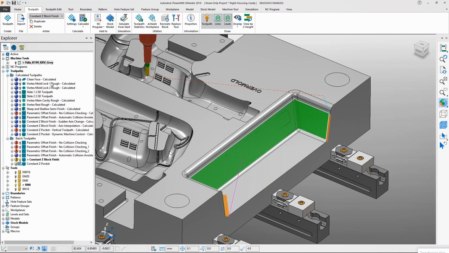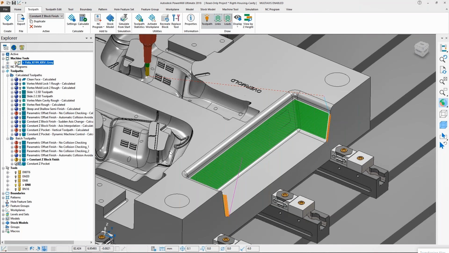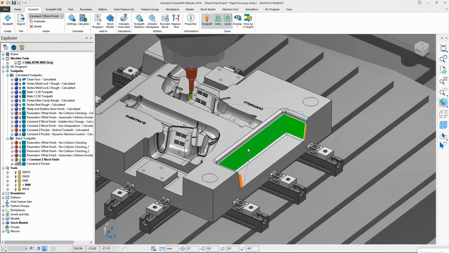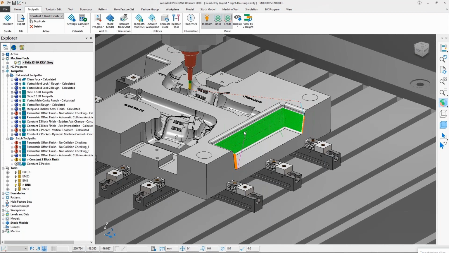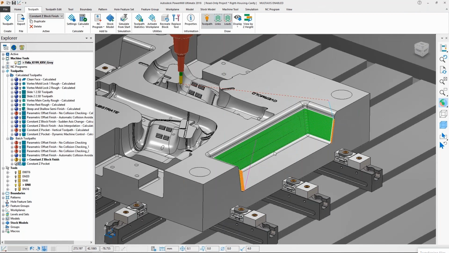That's why we say that it gives you a greater confidence in driving your high-end CNC machines or multi-axis machines.